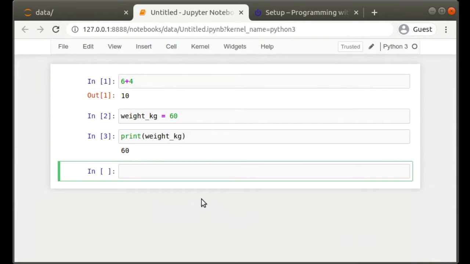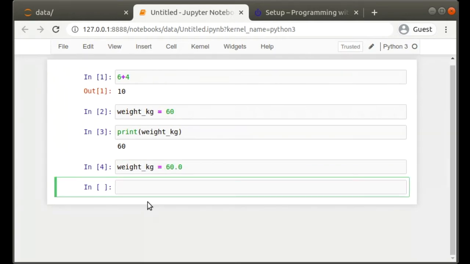So what else? What about the types? We have an integer, that is what we have written before, but we can also redefine the variable and have weight underscore kg equal 60.0. So we will have that variable now as a floating point, and also we can have a text, that is weight kg